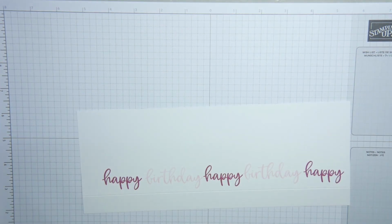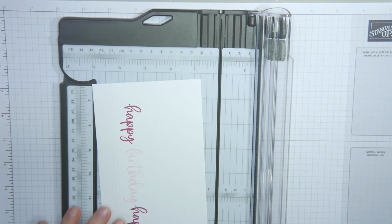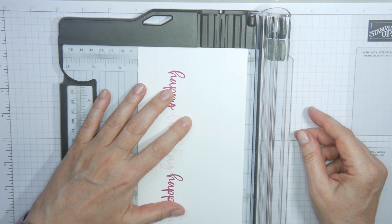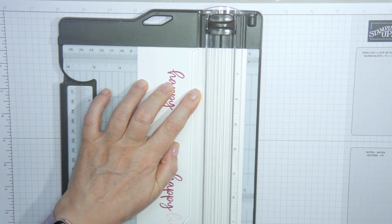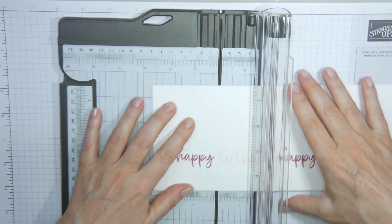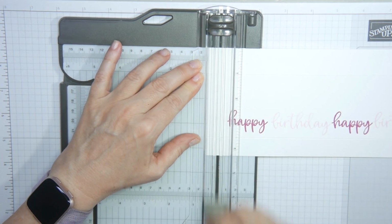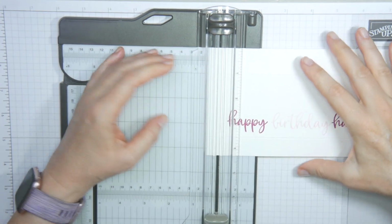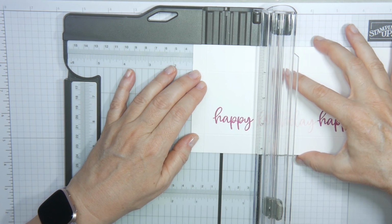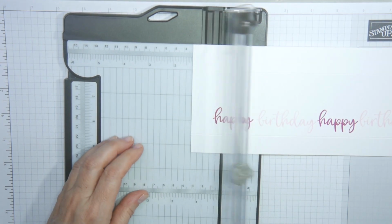Right, then the rest of the score lines, still with the short side top, I'm going to put in a score line at 3 1/4. So the first score line was at 3/4 of an inch, and then you go to 3 1/4 inch. And in centimetres, that is 8.3 centimetres. Then with a long side top, you're going to put in a score line at 1/2 inch. At 1 1/4. I'll give you the centimetres when I've finished with the inches, otherwise I'll be confusing myself. So 1 1/4, 5 3/4,